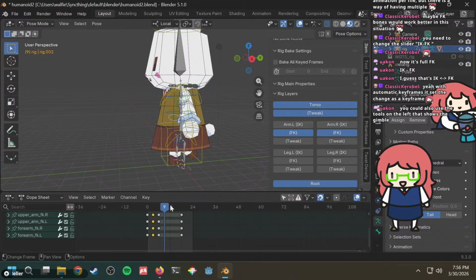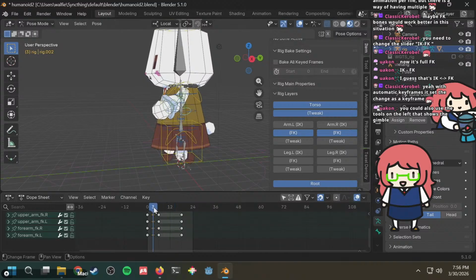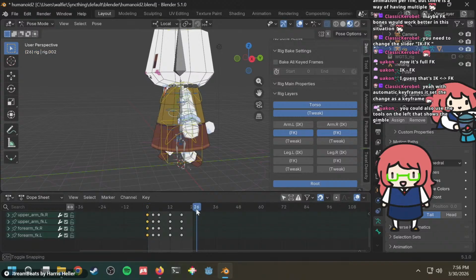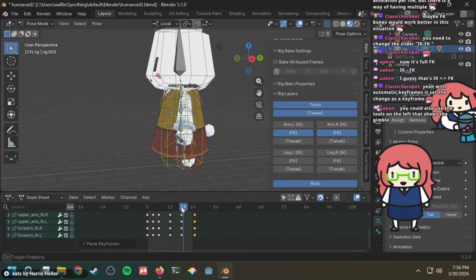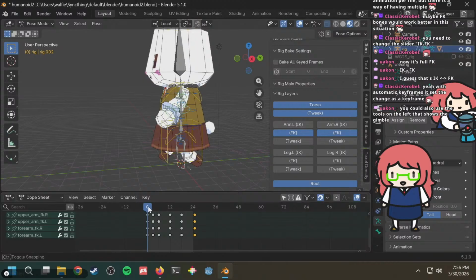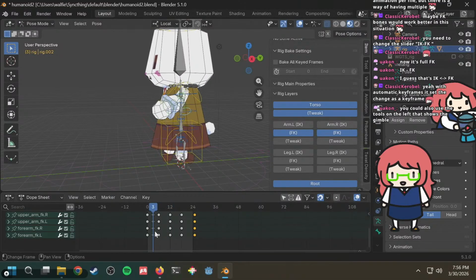Although I guess this should be pasted here. Hold on, copy these, paste them here. And then these ones, copy, paste them exactly as is here. And then this one, this looks fine, right? It goes forward, goes back. Maybe that's all you need.